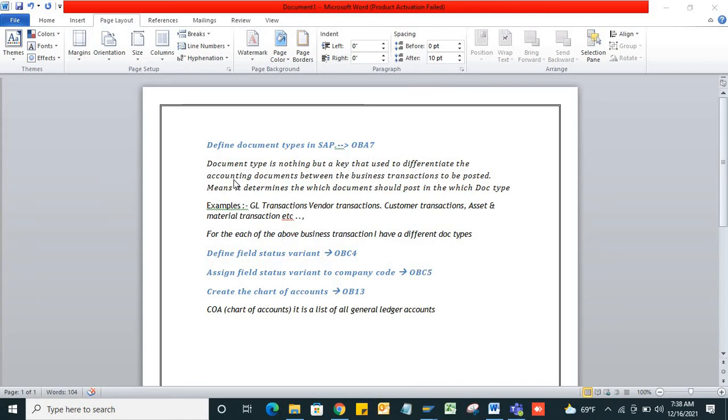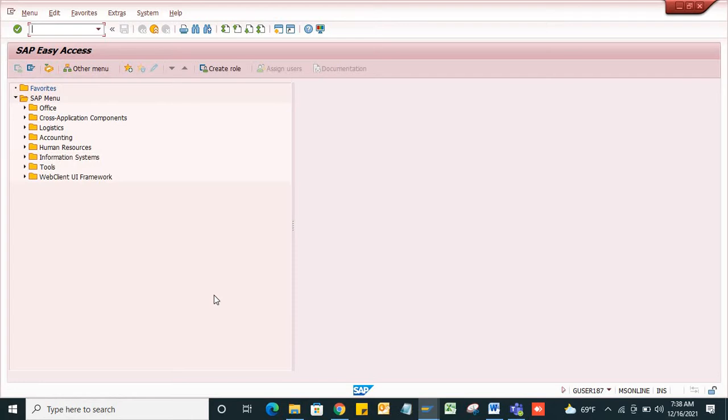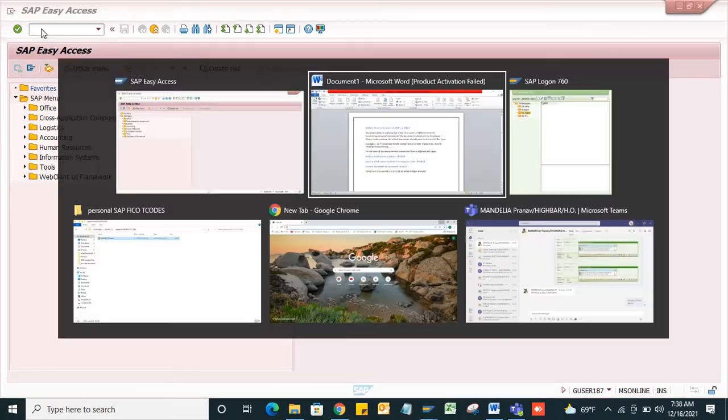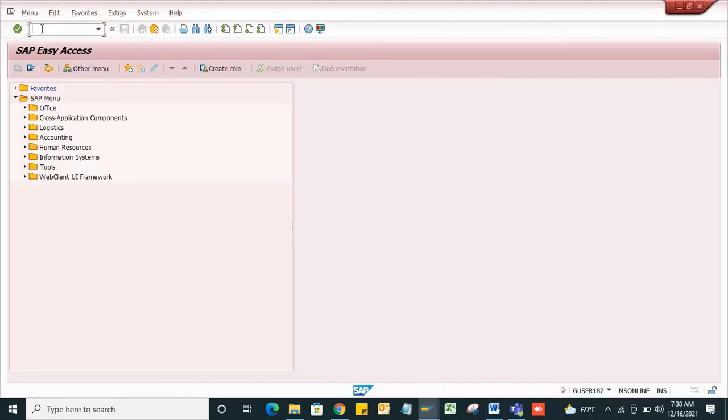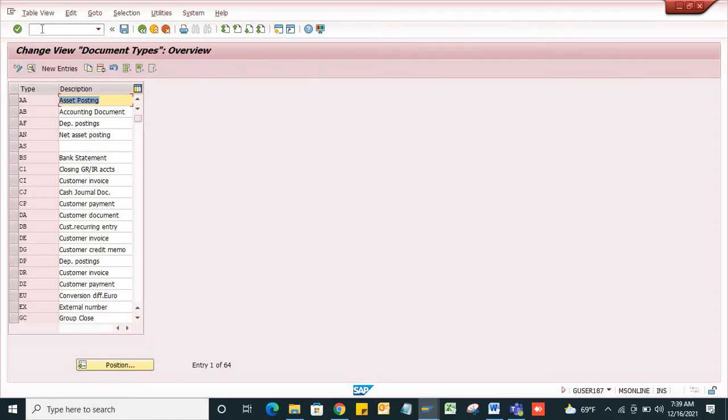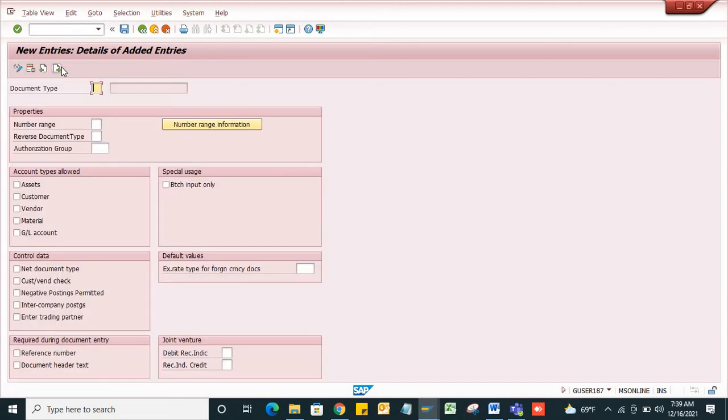How do we configure this in the system? I'm on my SAP Easy Access screen. Now I'm going to create document types. I'll click on new entries. I will create only one document type, the SA document type. I'm not going to create every document type over here.